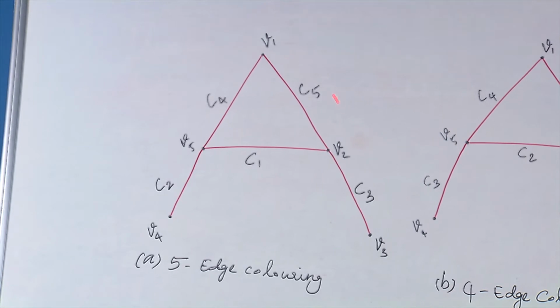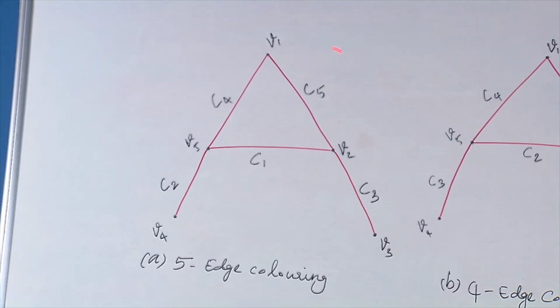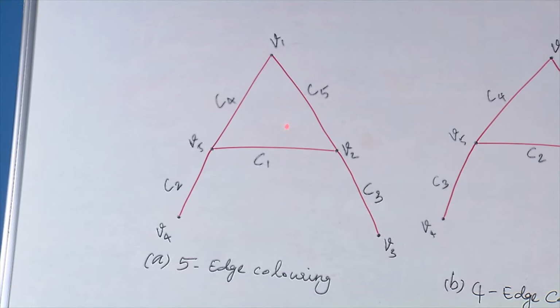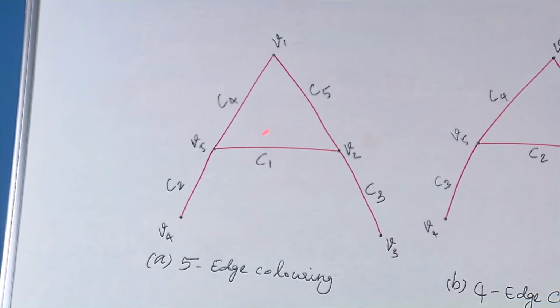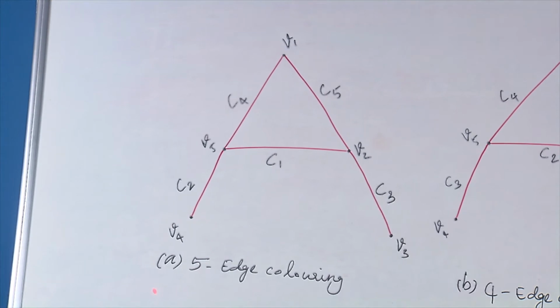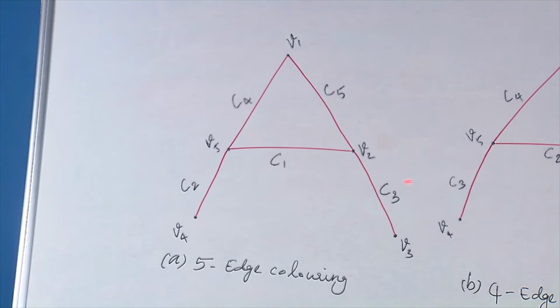Look here, I gave a different color to all the edges. That is, here I gave C1 to this edge and C2, C3, C4, C5; there are 5 lines, or edges. So, I used 5 colors here for a proper coloring of the edges. Since I used 5 colors, this is a 5-edge coloring of the graph.